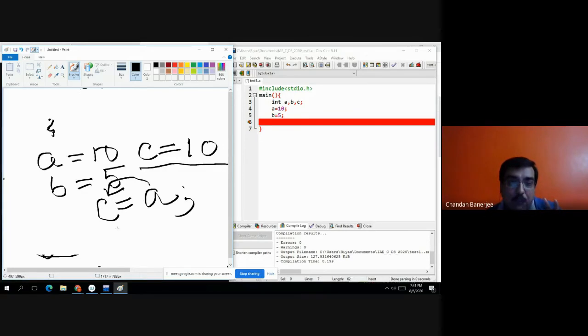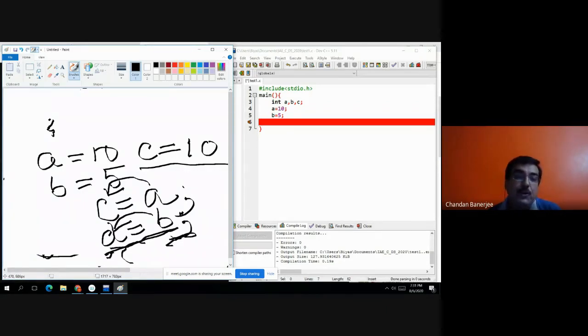Fine. Now we can write A equals to B. What does it mean? It means value of B will be assigned to A.